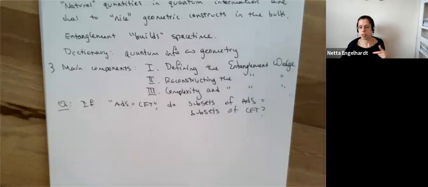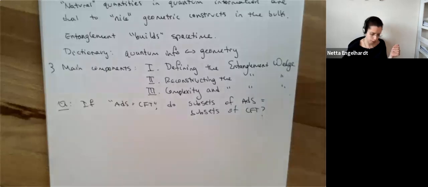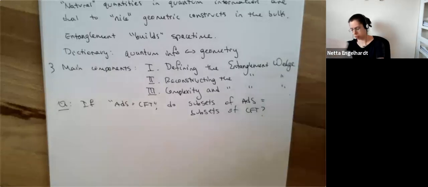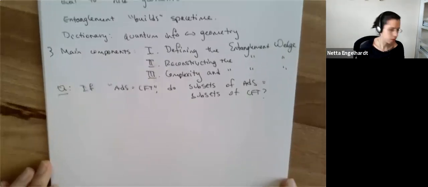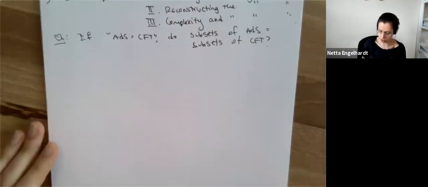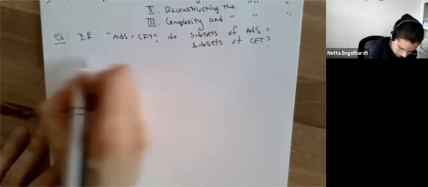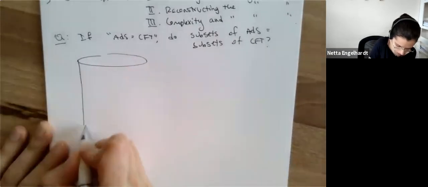And you saw some bits and pieces of this already last week in Mukund's class. So I'm going to review a little bit, just to refresh your memory on some of the constructs that you saw there, and we'll take off from that. So let's suppose that we have some Cauchy slice. So we have our AdS spacetime.